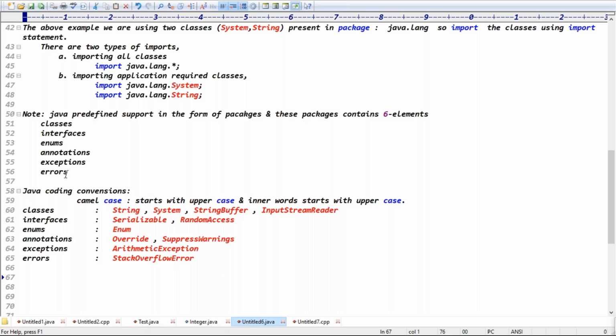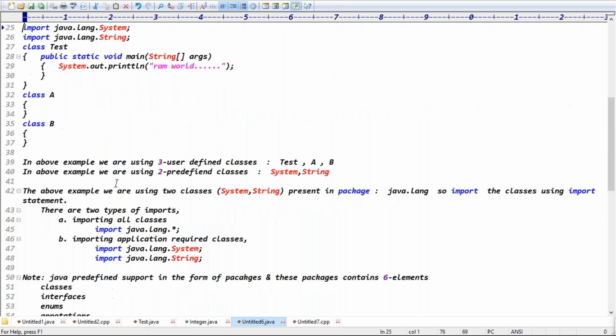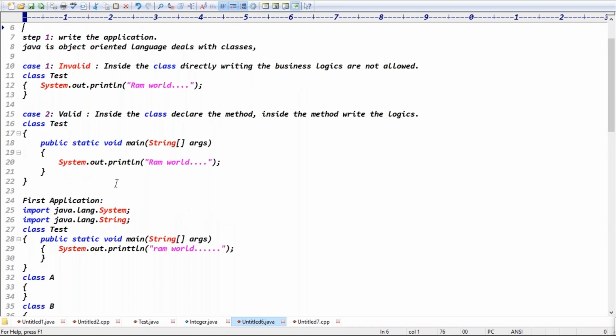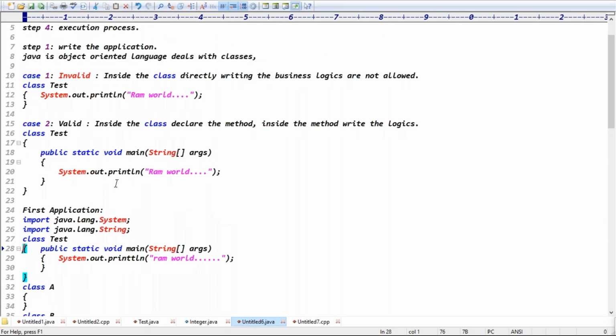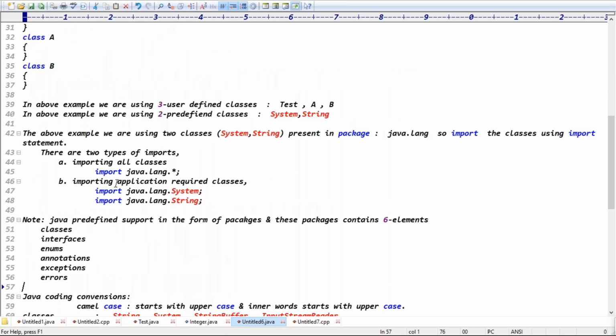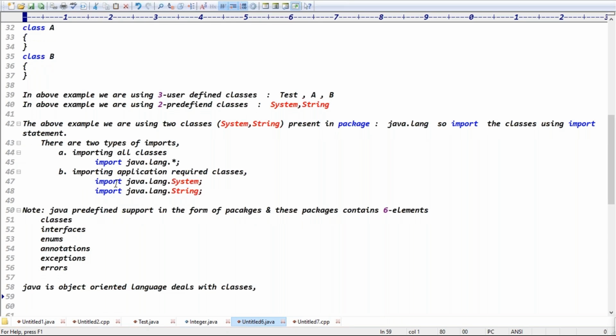Java is an object-oriented programming language that deals with classes, right? What does a class contain? See, a package contains how many elements?